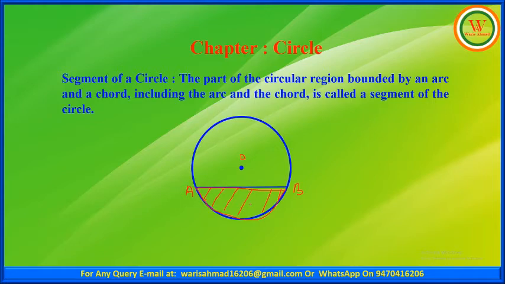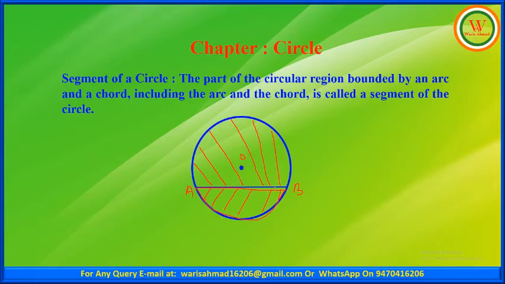This is called the minor segment. One more segment we are having by the same chord AB and arc AB. So the second segment we are having here is called the major segment. Whenever a chord divides a circle, it creates two different segments. The first one is termed as the minor segment, while the other is termed as the major segment. But if the chord is a diameter, then that diameter will divide the whole circle into two equal segments, and that is termed as semicircle.